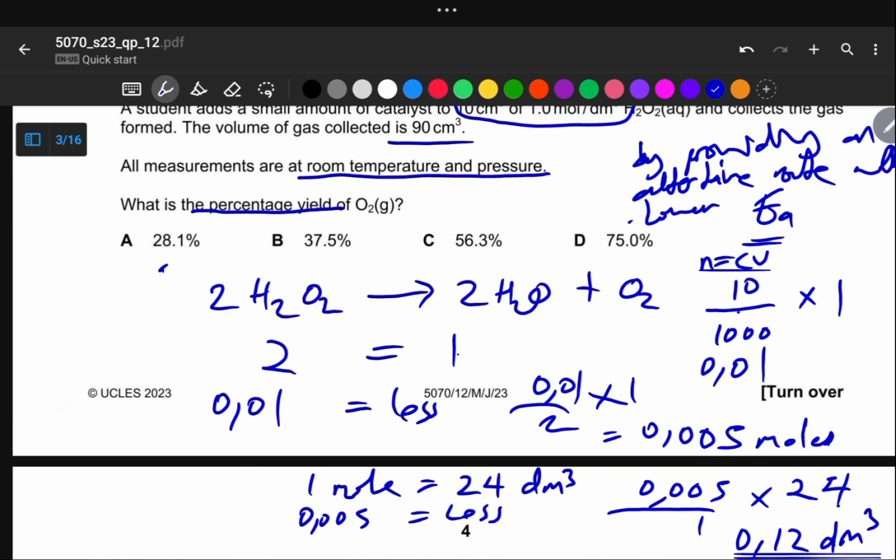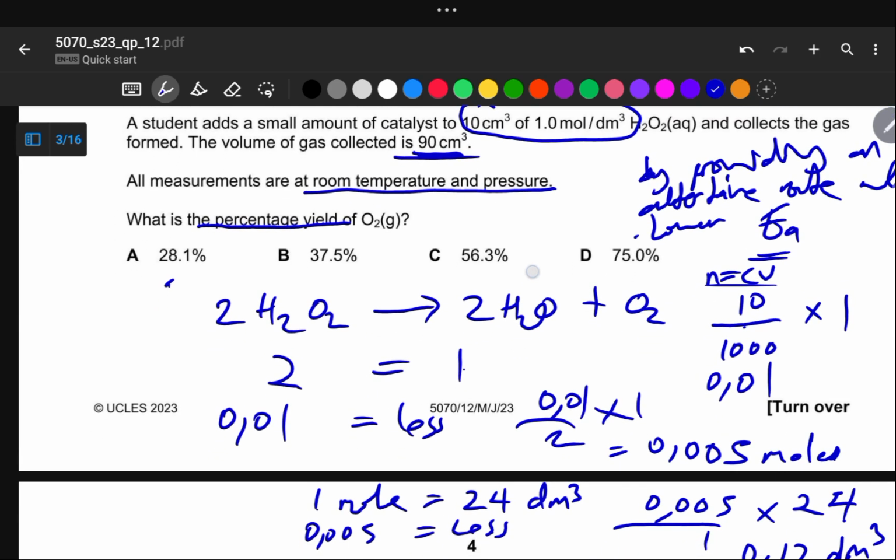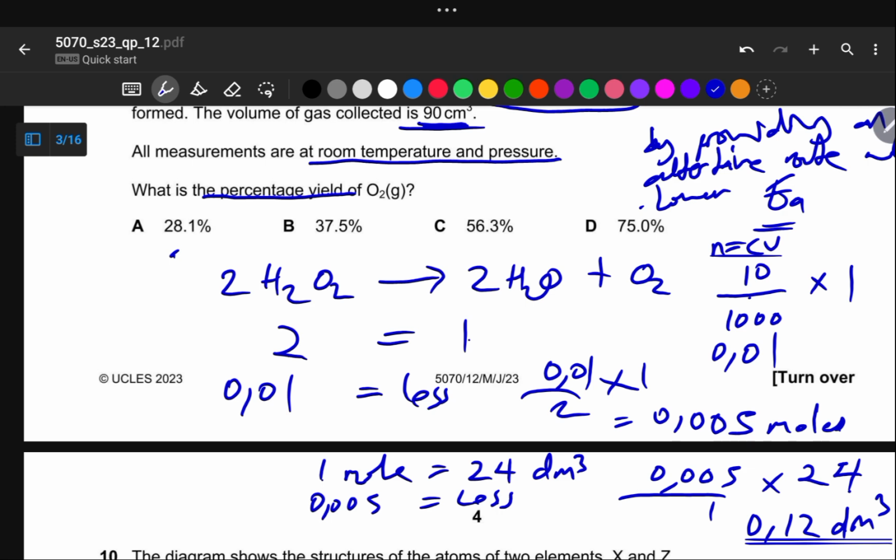But we formed 90, actually we formed 90 cubic centimeters. So the formula of finding the percentage yield is actual amount formed over the theoretical, which was supposed to be formed, multiplied by 100. So we've got the actual being 90 cubic centimeters. To change it to cubic decimeters, we divide by 1000, right? So we've got 90 divided by 1000